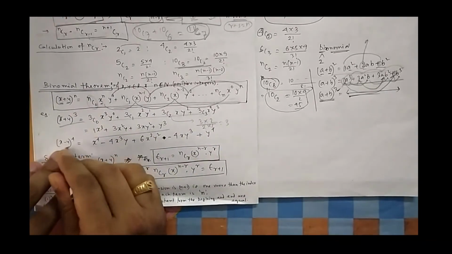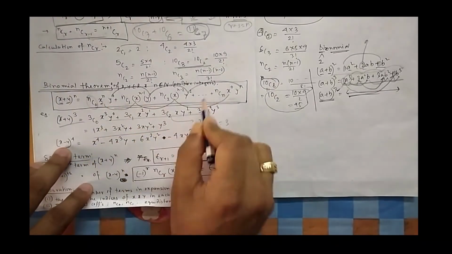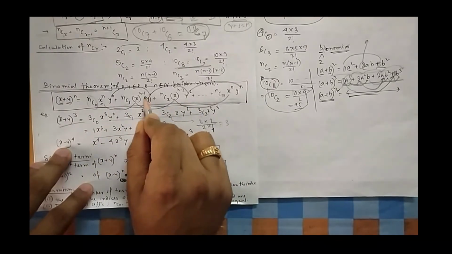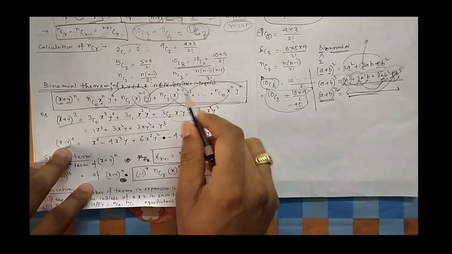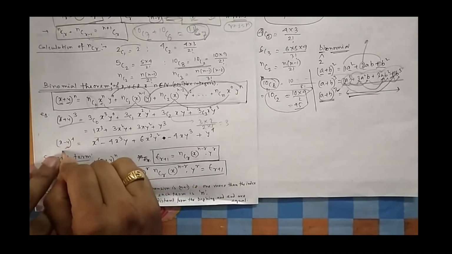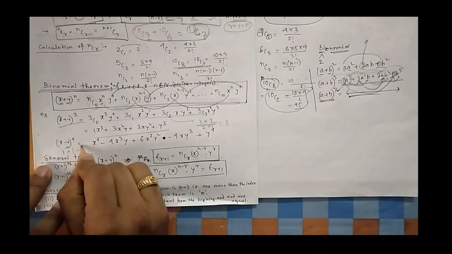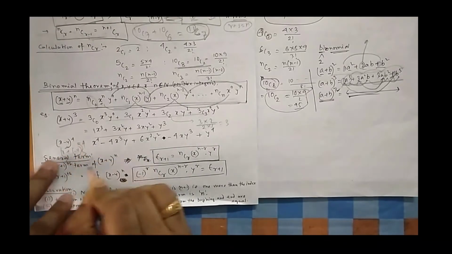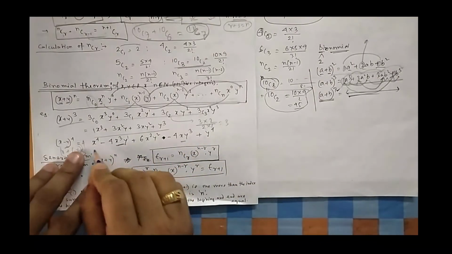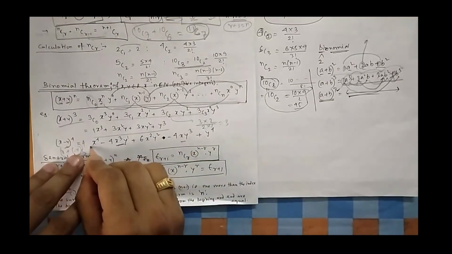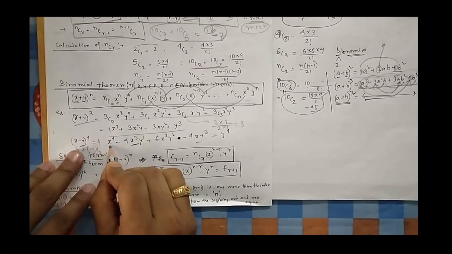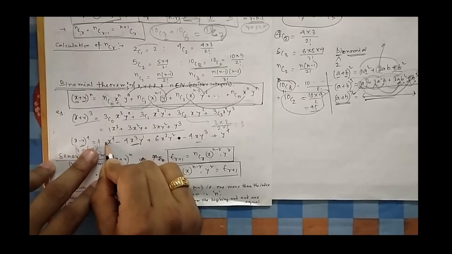Next, if it is a minus, then instead of y you will put a minus y. So wherever there is an odd power of y, y to the power 1, y to the power 3, that odd power will give you a minus, because here y is negative. You can think of it as (x + (-y)) to the power 4. So you will find negative terms in alternate ways: first positive, then negative, then positive, then negative. It will continue. First x full power, 4C0 is 1, that's why I am not writing it.